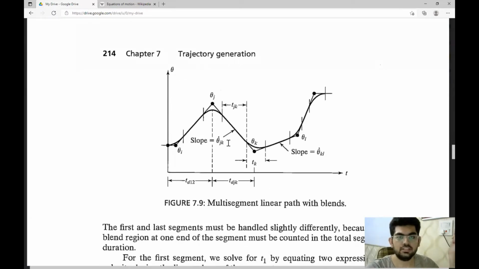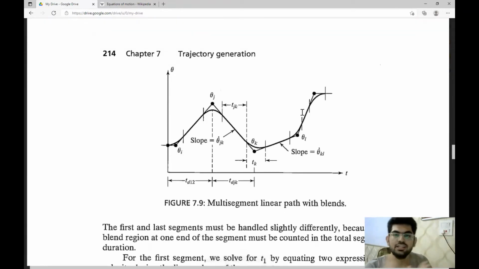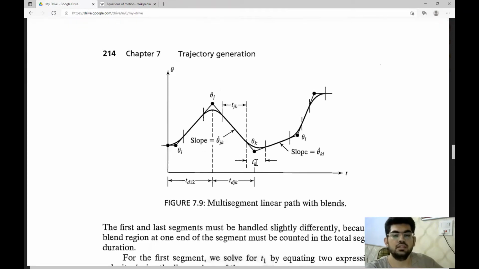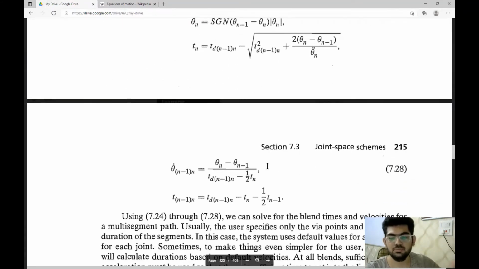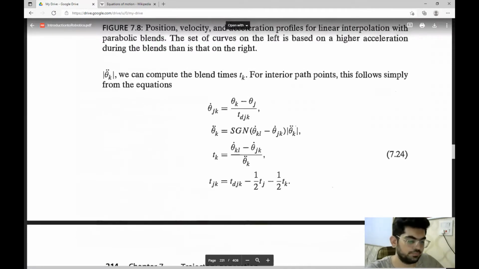And the calculation for the first and last segments is somewhat different from the ones that we have in the middle segments. So these calculations are all listed over here. The link of this book is in the description. All right, so let's get to the code now.